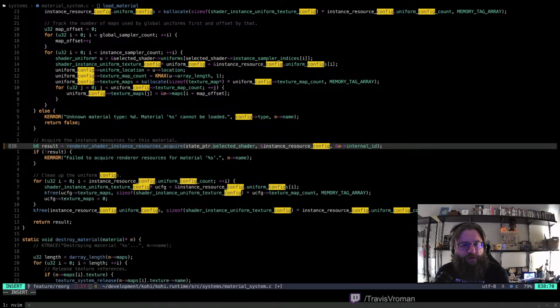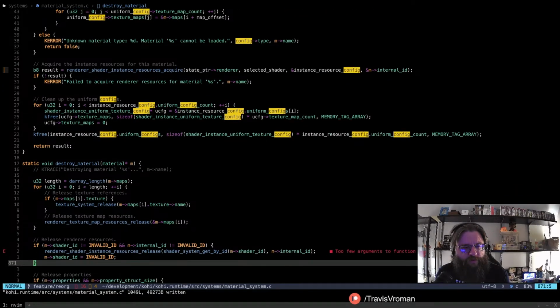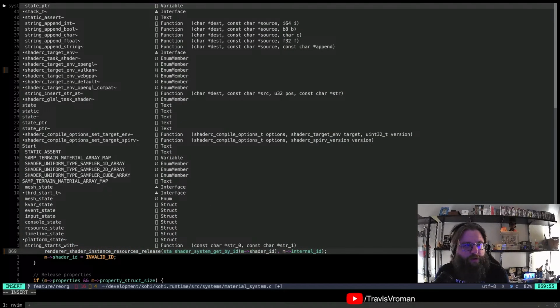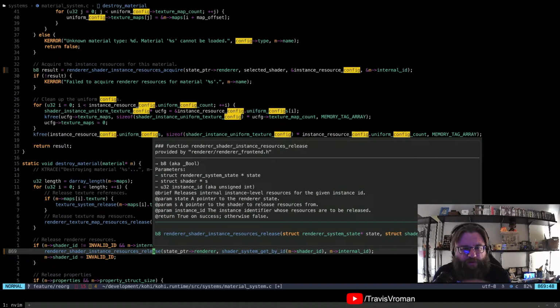State pointer renderer. Okay. This one's also going to be the same thing. State pointer renderer, but also instance resources release.